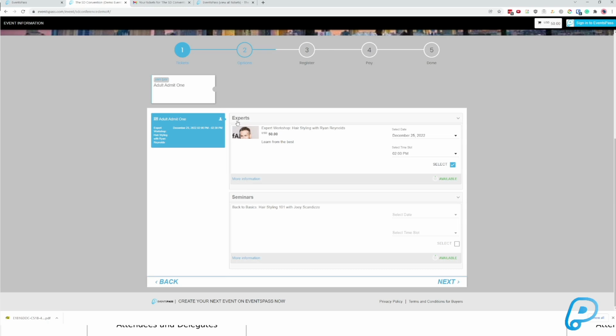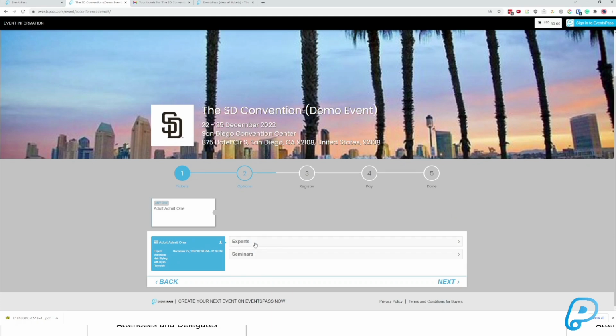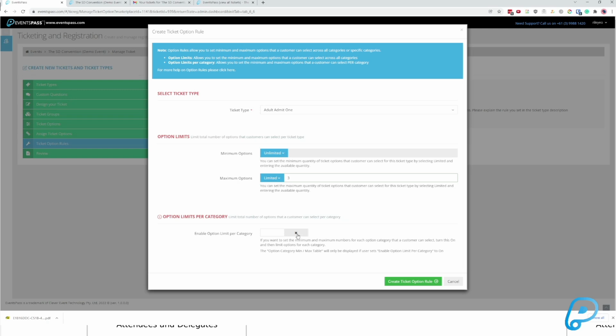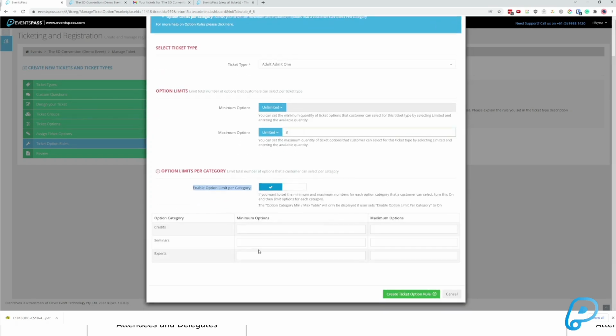Now we can also set the rule at the category level. So within this bucket, you've got your different buckets. Within the experts bucket, let's just say we want to require that they choose at least 1 option. We can do that. We do that by enabling the option limit per category. So we turn that on, and let's just say it was the experts bucket, wasn't it? If we hit 1 and no maximum, let's create that rule,